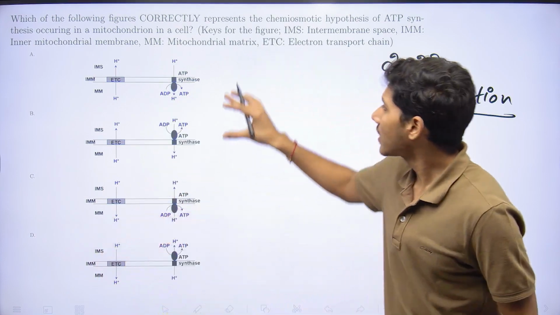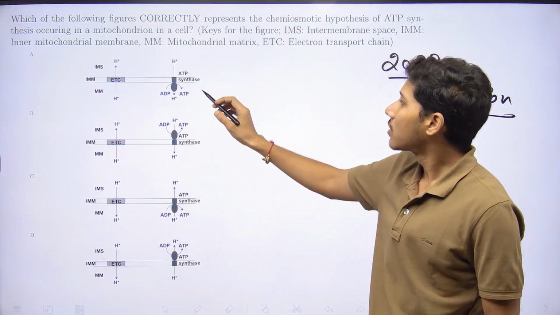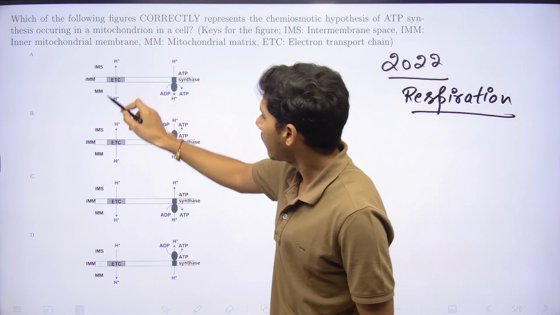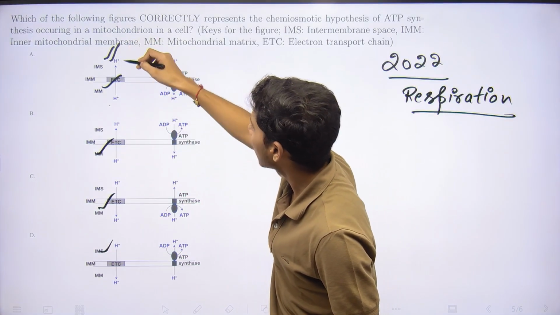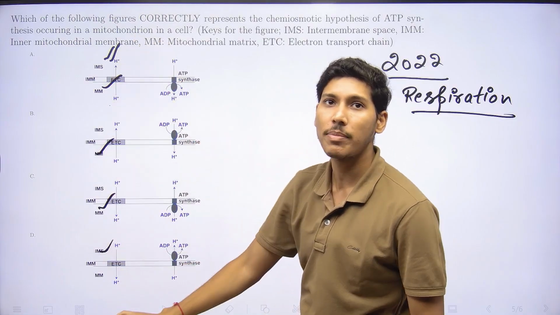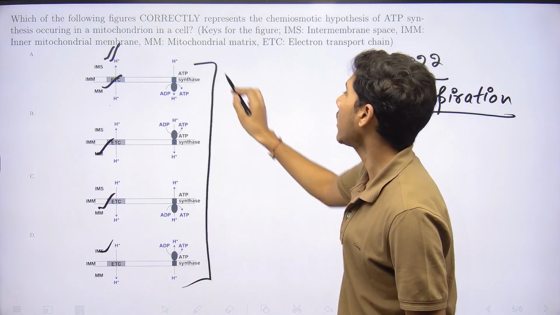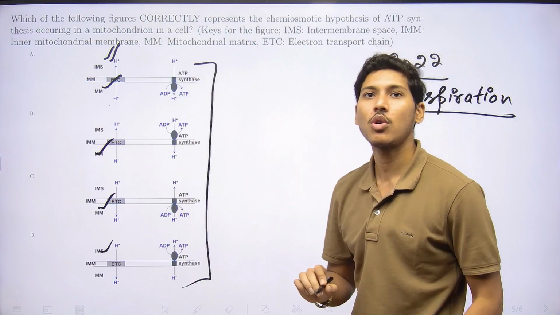Okay. So they are just asking only that thing. Here in this diagram on the right side, they are trying to ask about the protons flowing across the membrane, and on this side they are trying to ask on which side ATP is